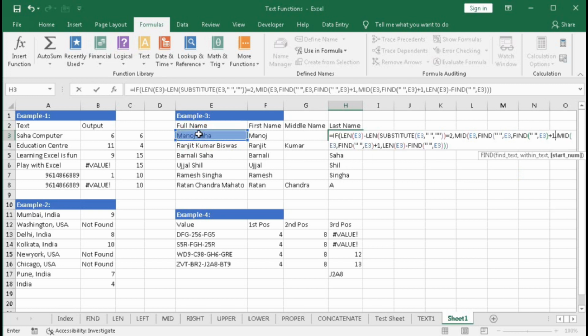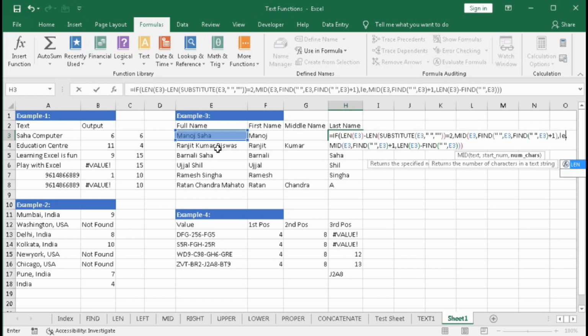So we got this starting number, then bracket close for FIND, then comma, number of characters. How many characters we need? We need up to the last of the text string, that is total length minus the second space.